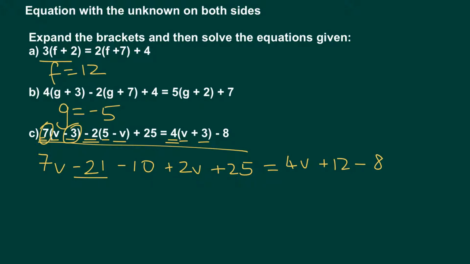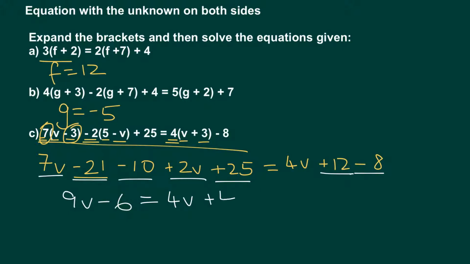So now let's simplify these down. We have 7v plus 2v, which is 9v. We have minus 21 minus 10, which is minus 31, plus 25, which is minus 6. That is equal to 4v plus 12 minus 8, which is simply plus 4. Now let's get rid of the smaller unknown. So we have minus 4v on this side, minus 4v on this side, which gives us 5v minus 6 is